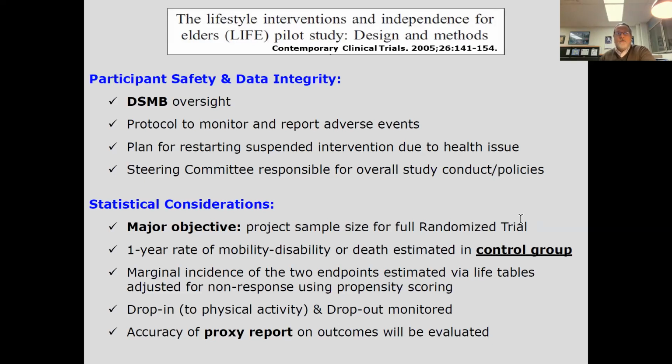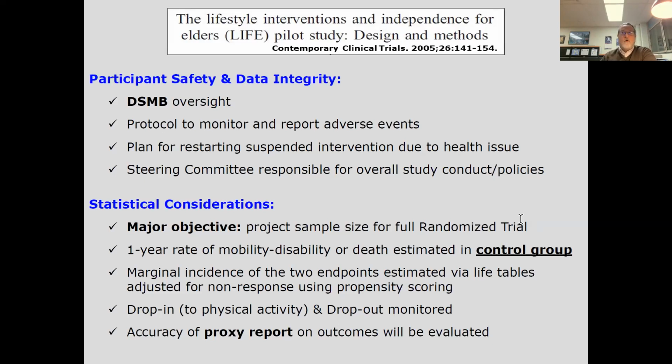As I mentioned in the first workshop a little bit, and I'm pretty sure Dr. Miller mentioned when he was with you guys, the Data Safety and Monitoring Board, or the DSMB, is the designated group of individuals who are responsible for monitoring the participant safety and evaluating the integrity of the data. So knowing that that was going to be necessary as part of the primary trial,